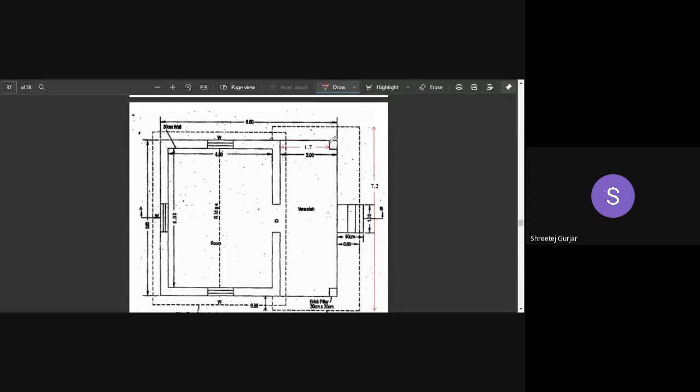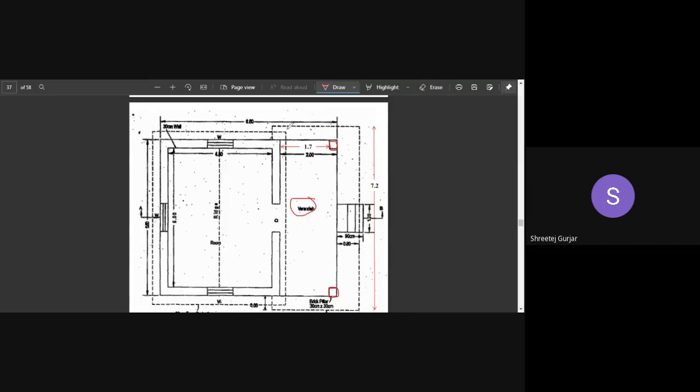And then you have a column over here. There are no walls in your veranda. It is an open thing. And then you have columns, only two columns, one here and one here. There is no wall over here. This part is open. This is your veranda, and then this is your room. Then the steps are provided.